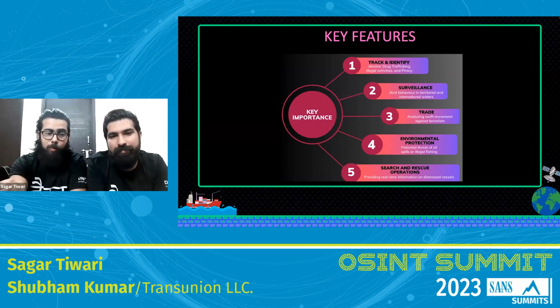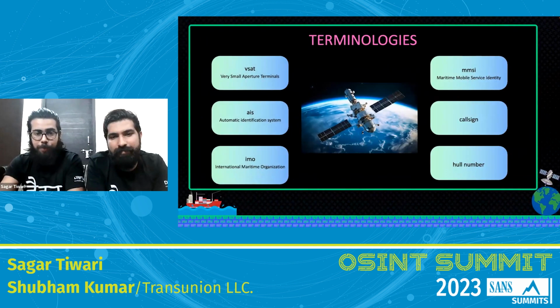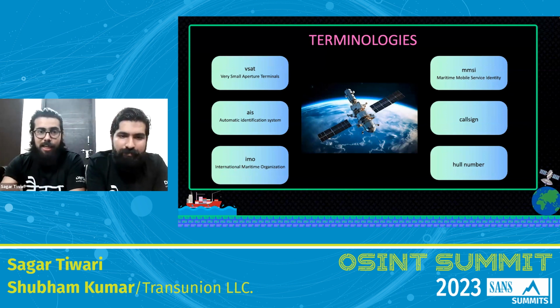So now it's time to move toward the terminology section, before we jump to the VSAT case studies. Starting with the very first, that is the VSAT, or very small aperture terminal. Basically, these are SATCOM devices that use a satellite dish to transmit and receive radio signals. VSAT devices provide a reliable form of communication when vessels are offshore. And for that, they use the Ku band, which operates at 12 to 18 gigahertz, and the C band, which operates at 4 to 8 gigahertz.